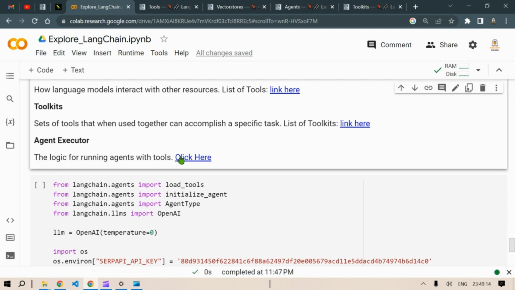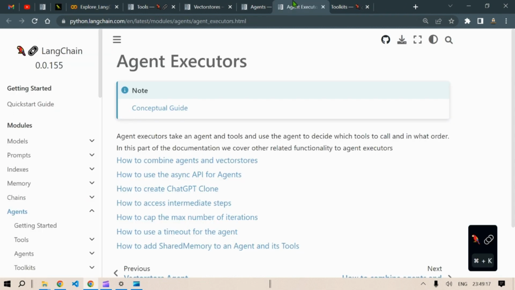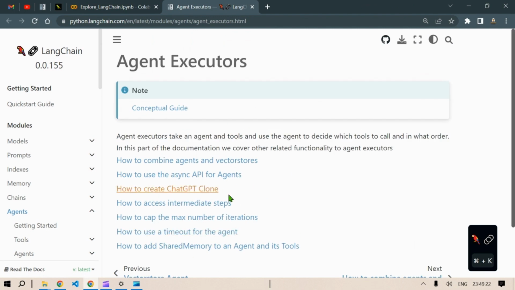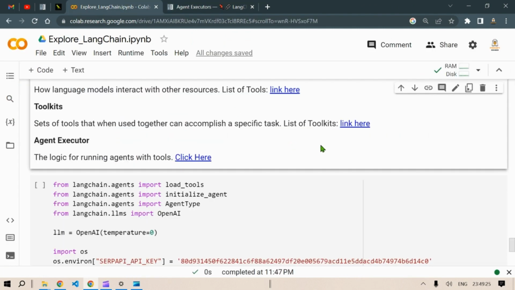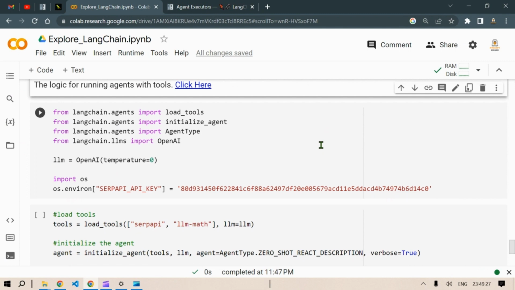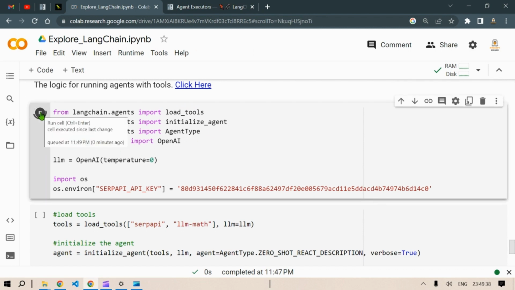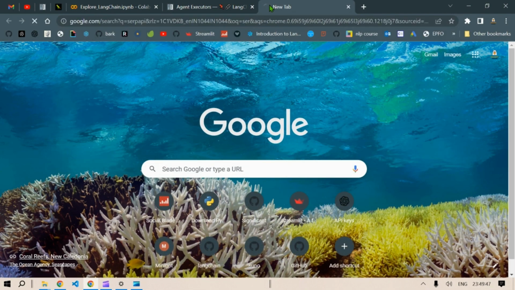We have agent executors. So these are the executors, the logic for running the agents with tools. Okay, so you can read more about the agent executors, how they are done. Now, I'm just going to run this from Langchain agent. We load the tools, initialize the agent. We use the agent type OpenAPI. You're going to run this. You can get this SERP API from going to that link, SERP API,